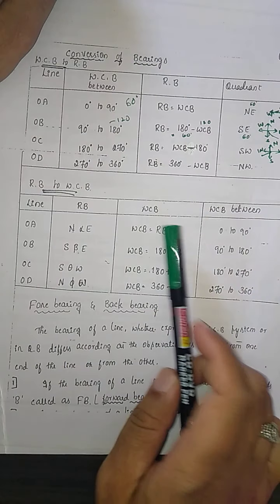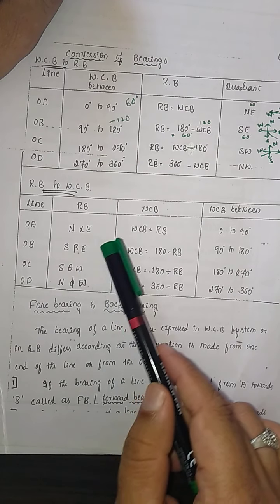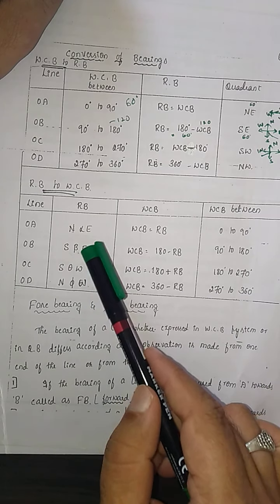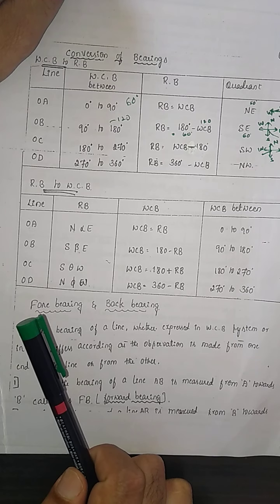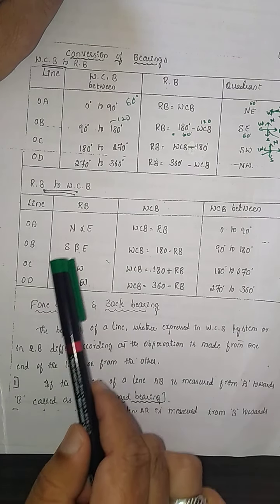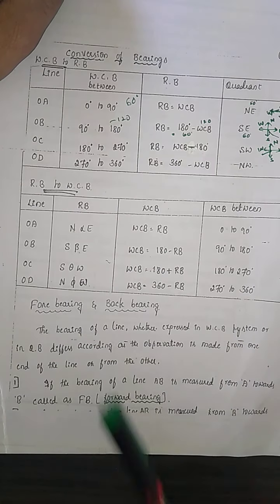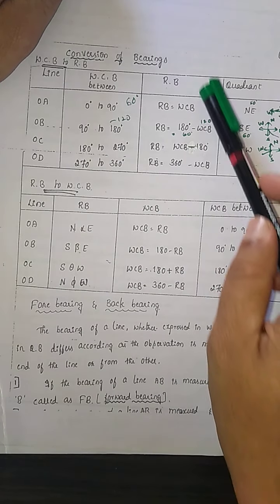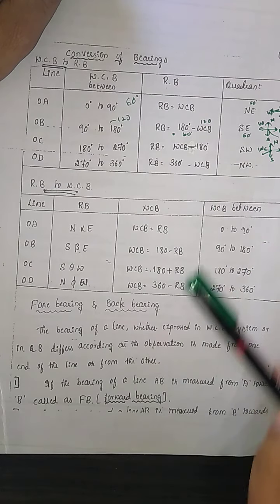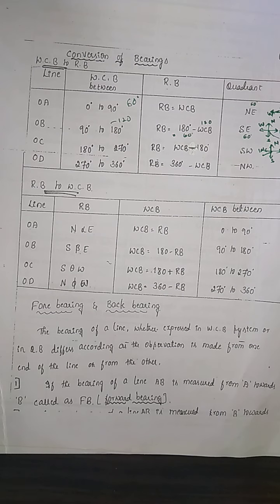Now reduced bearing to whole circle bearing. Now what is reduced bearing? They are going to give you the quadrant: north alpha east, south beta east. In between they are going to give you the angle; instead of alpha, beta they are going to give the angle. You need to convert it into your whole circle bearing system. So this is north alpha east, north beta east, then south theta west, then north phi west. Instead of alpha, beta, theta and phi, they are going to give you certain angle values. Now in order to convert to WCB, if you know these particular formulas, it is very easy to remember these. You can very easily get these formulas, just mathematically you need to replace it.